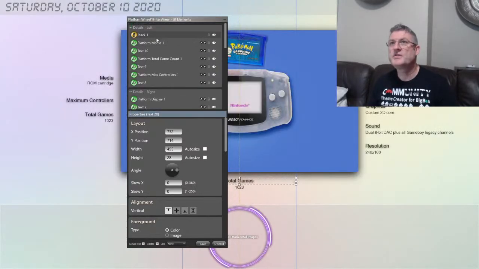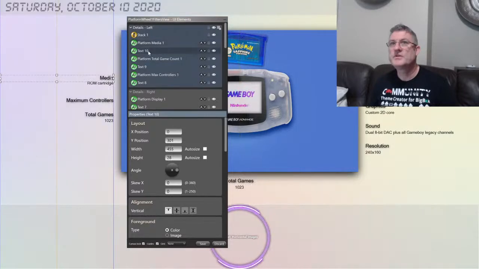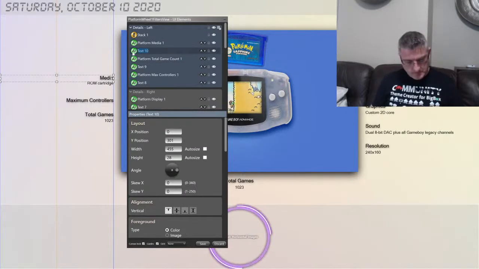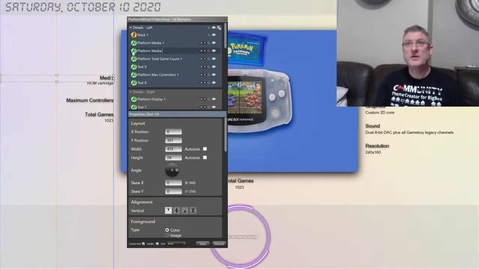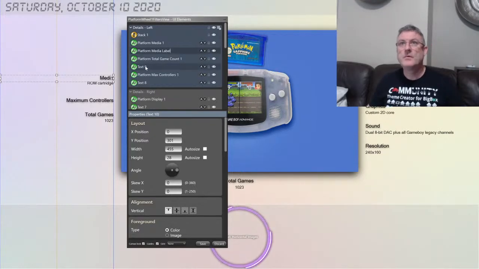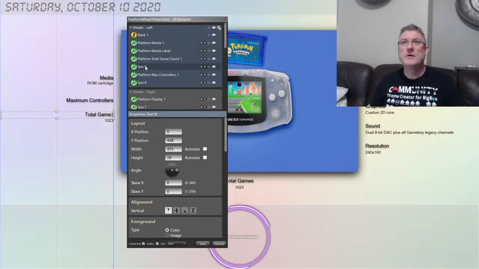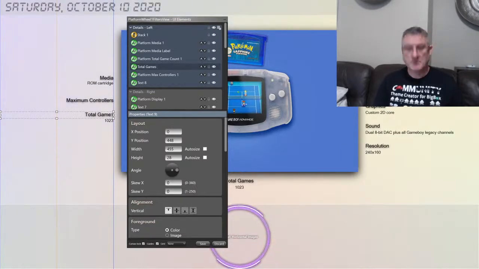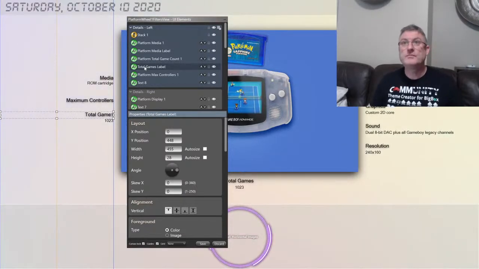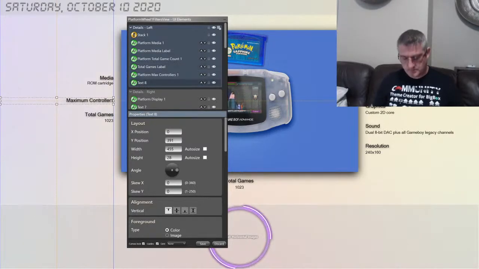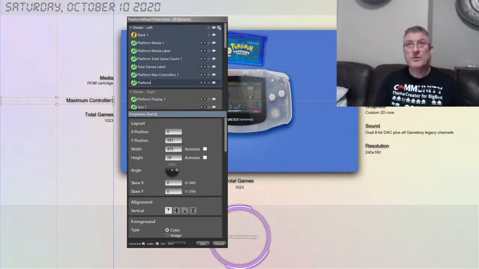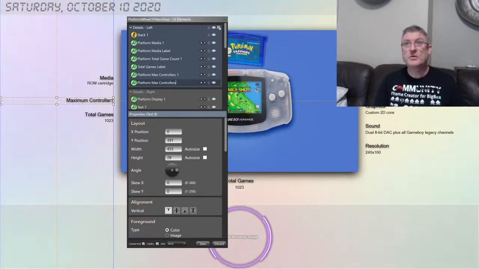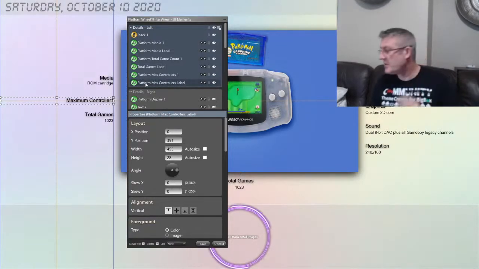All right, so let me just see what is this? Platform media label. Total games label. Platform max controllers label. All right, so before I start moving them,